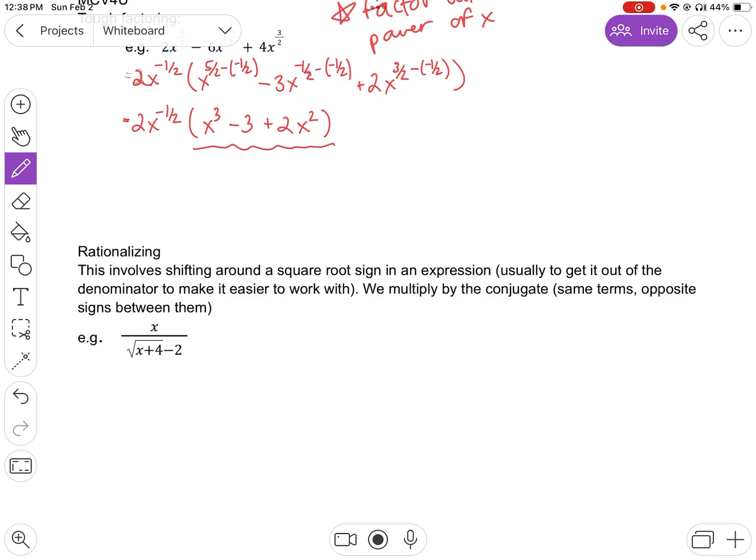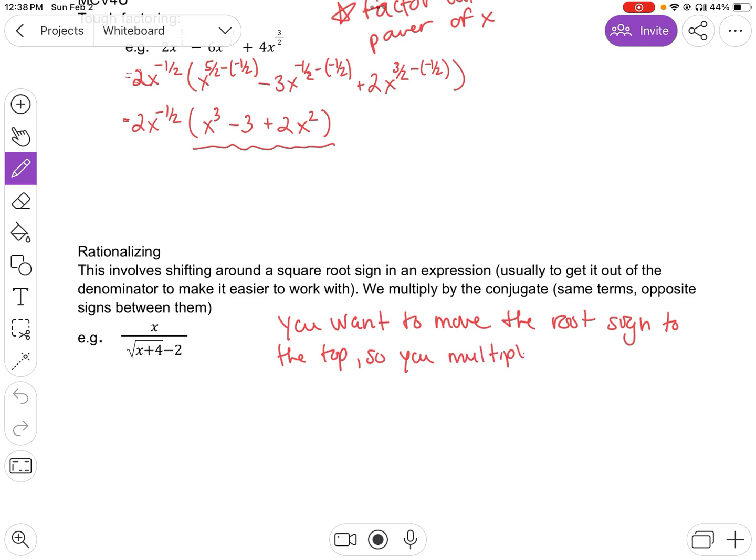So instead of having a minus between them, we're going to have a plus. And so we're going to want to, here I'll make a little note, multiply it. So you want to move the root sign to the top. So you multiply by the conjugate